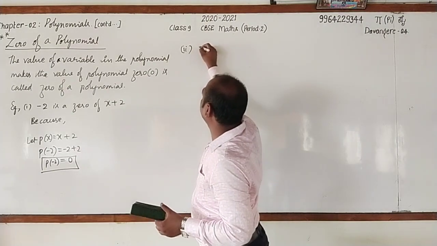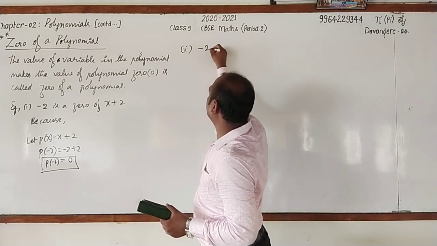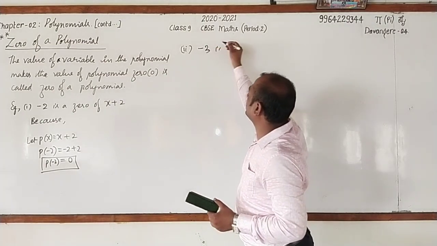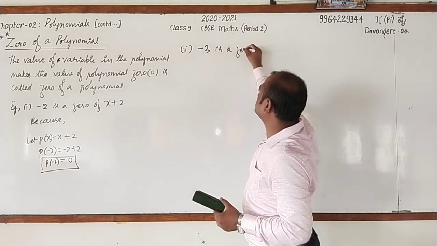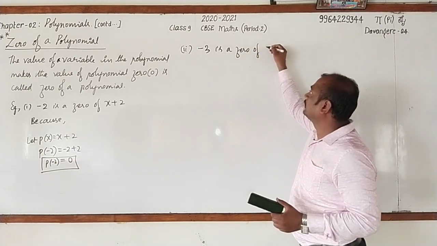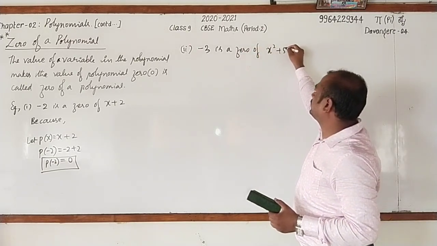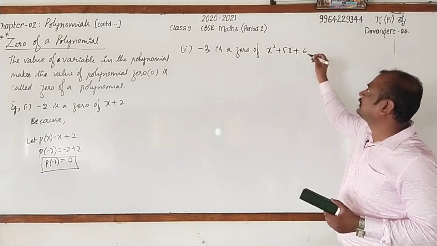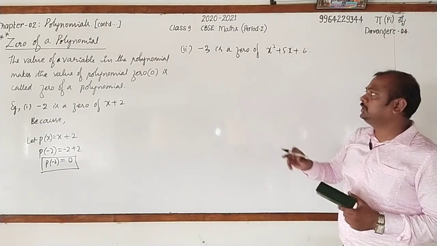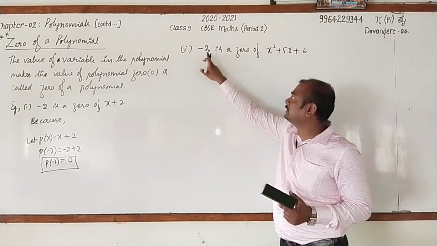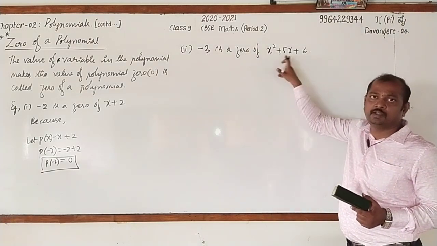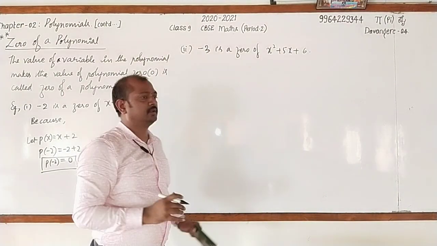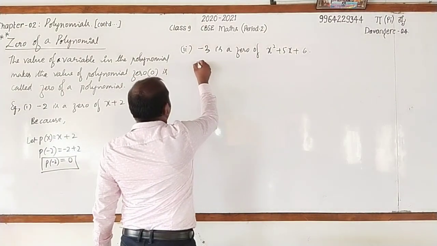Second example, let us take minus 3. Minus 3 is a 0 of x square plus 5x plus 6. How to say that it is a 0 of the polynomial? If it is a 0, when it is substituted in place of x, the value of the polynomial should be 0, right? Here observe, because